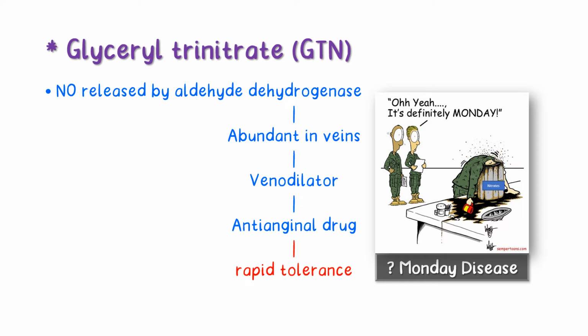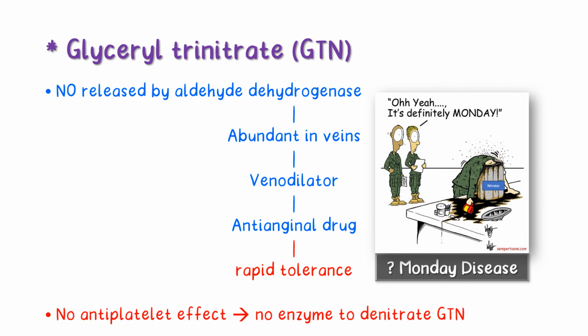Then, after a day or so, these symptoms disappear because of tolerance due to continuous exposure to nitrates. Over weekend days, as there is no exposure to nitrates, tolerance overcomes, and again on Monday, the symptoms reappear due to re-exposure. This is the reason behind Monday disease. Interestingly, these workers are protected from anginal attack in the week starting days because of nitrate exposure, while they might develop angina in the weekends due to non-exposure to nitrates.